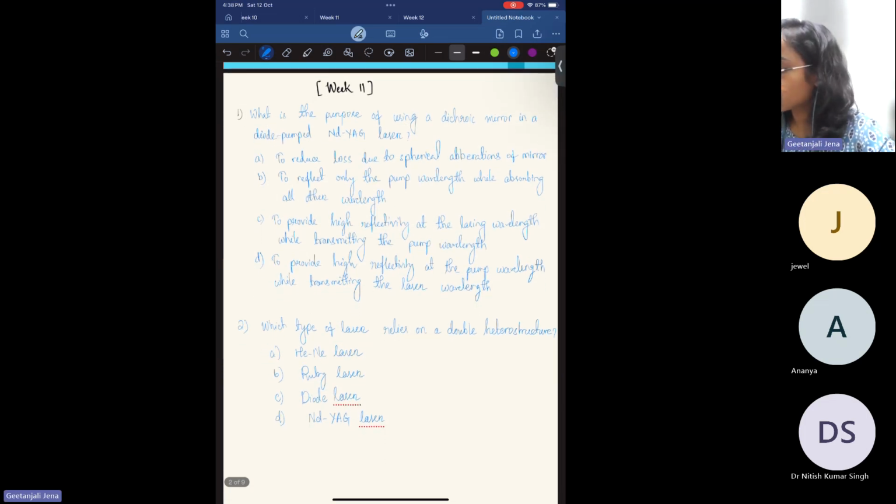Okay, so let us move to the problems and solution part. So the first question is, what is the purpose of using a dichroic mirror in a diode pumped Nd:YAG laser? So this is easy. I think most of you will be able to answer this question. So let us see the options. So option A